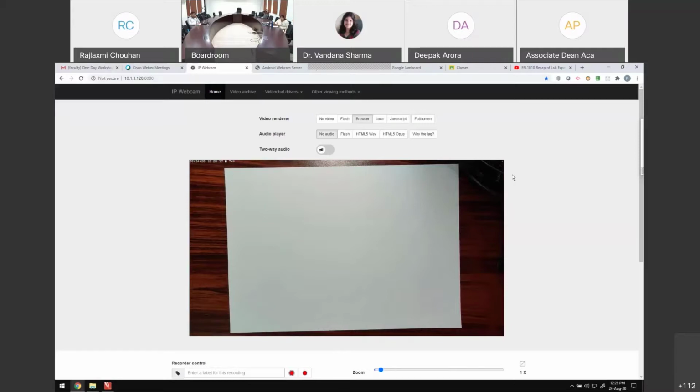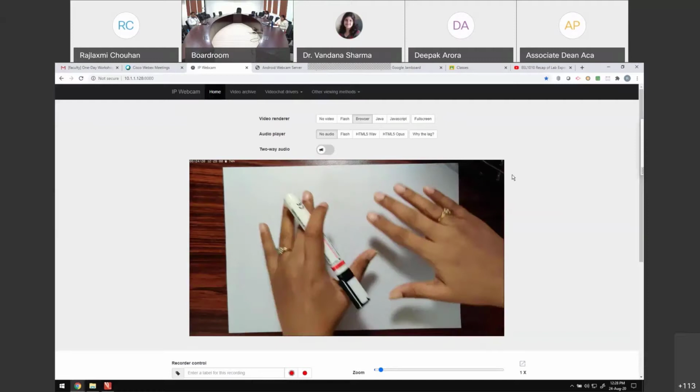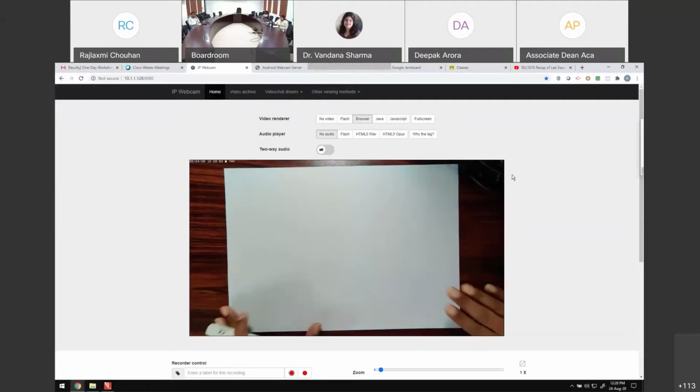And you prefer writing on a whiteboard or on a paper. In such a case, what I have done right now is that I have clamped my phone on a tripod. You do not need to use a tripod. You can stack a few boxes. If you don't have a tripod, no problem. Stack a few boxes. Just make the cell phone camera aligned in such a way that it covers a proper workspace, and start with a white paper.